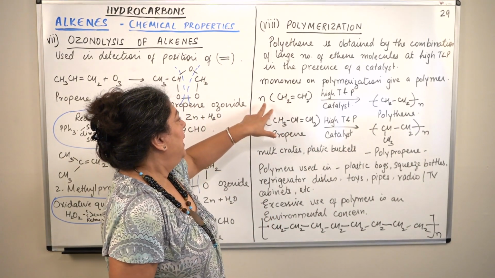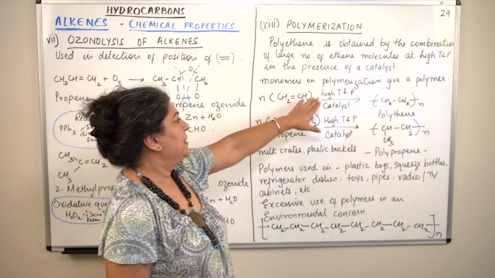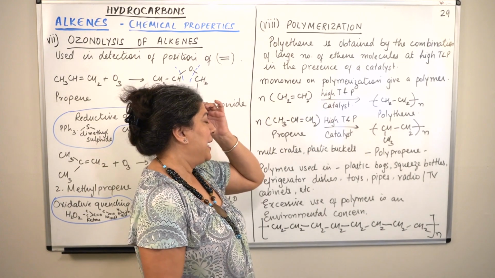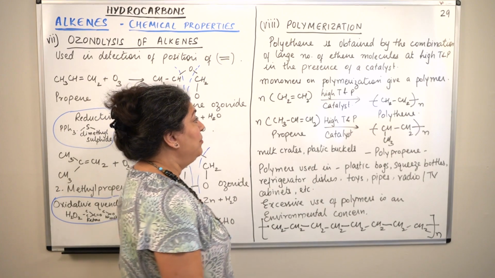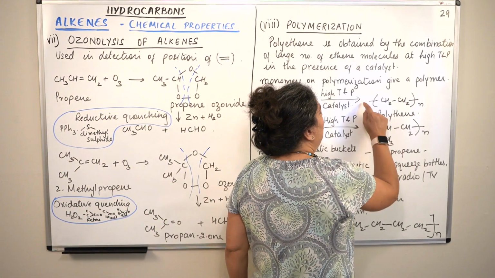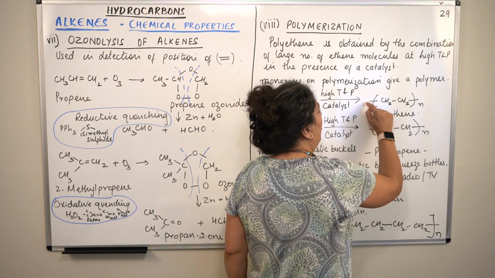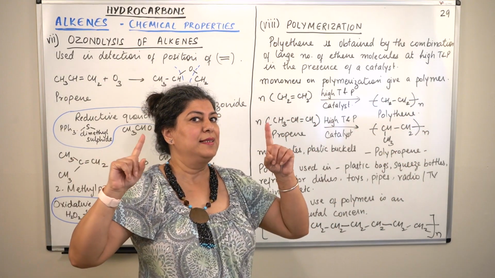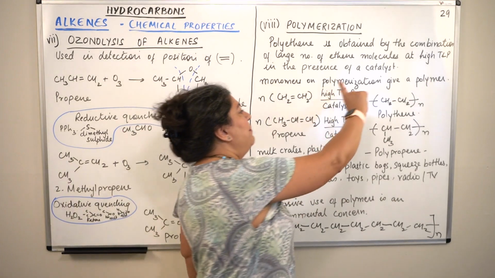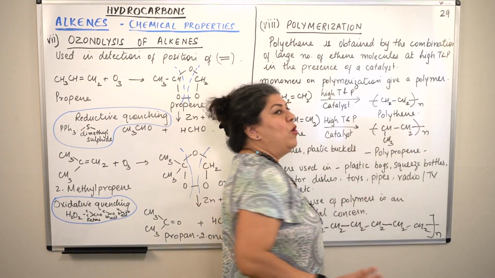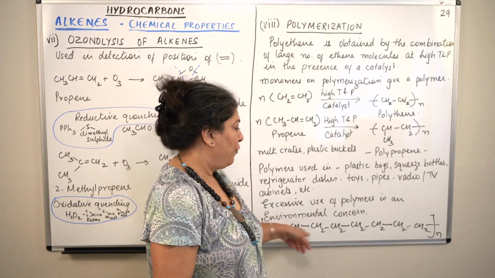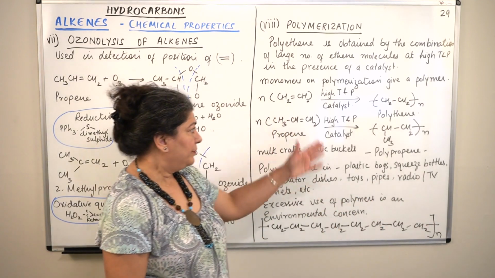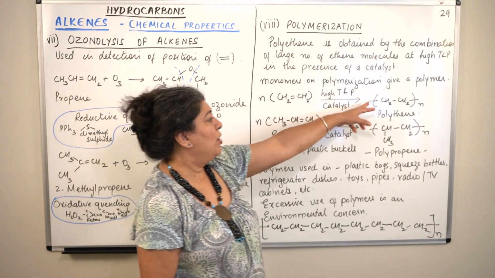So, for example, N molecules of ethene are taken at high temperature and pressure in the presence of a catalyst. And how do we represent a polythene molecule? You put a bracket, you show the dangling bond. The dangling bond says that this is a single bond and it is extending, the single electron which is going out. Then we put a bracket and we put N. All of them have joined together to form this giant molecule, which is polythene. So this is how we'll represent it.